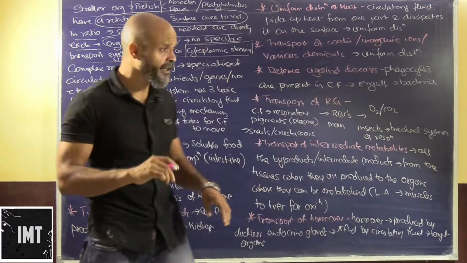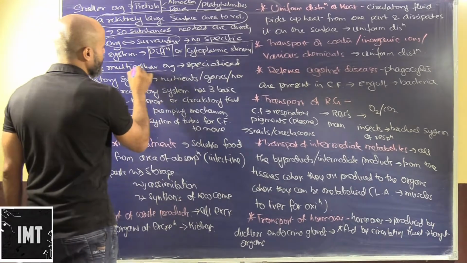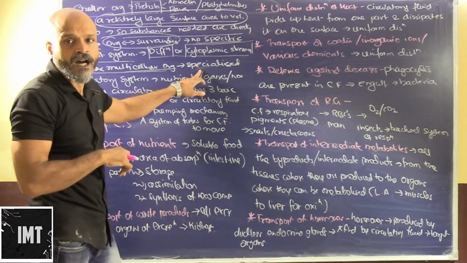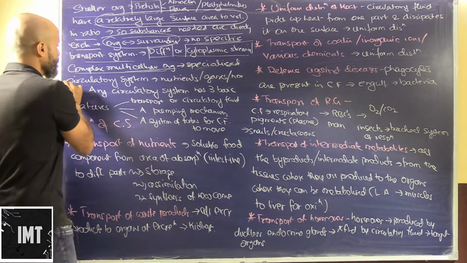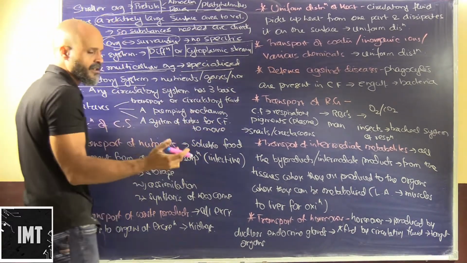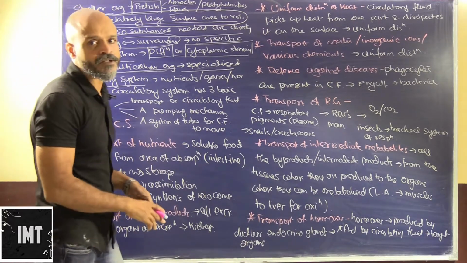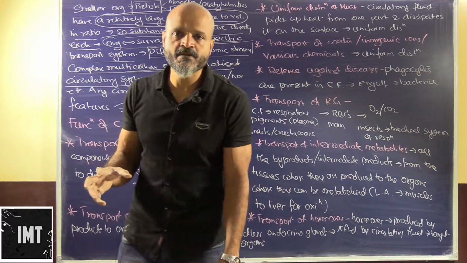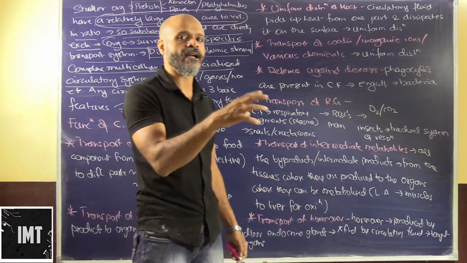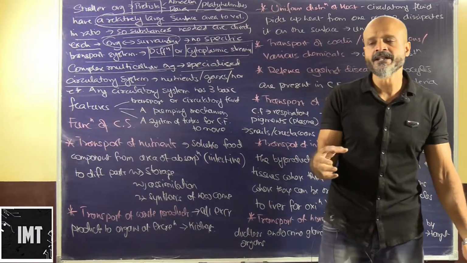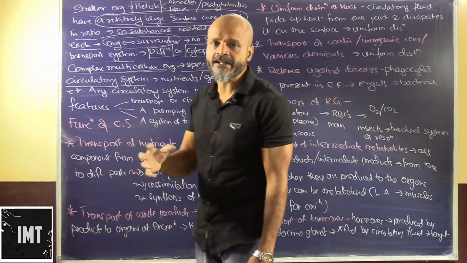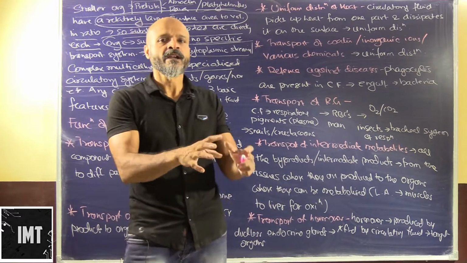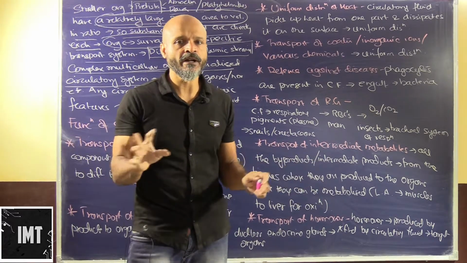Now we'll talk about complex multicellular organisms. These complex multicellular organisms have a specialized circulatory system, just as us, because our energy requirements are pretty high. We have various types of complex internal and external activities for which we need a very high supply of energy, and the distribution of this energy has to be done to all the body tissues.